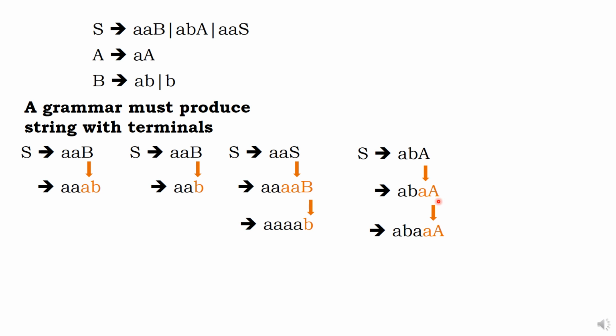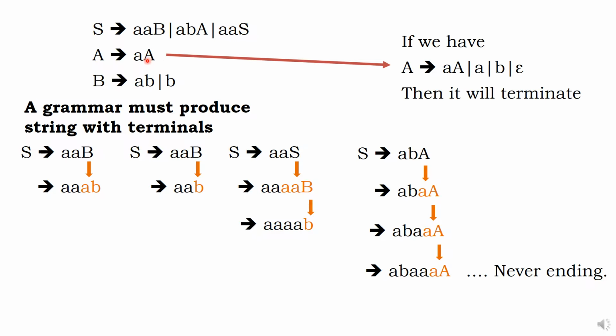Come on. Again, you substitute. How long will you substitute? It is never ending. If it is never ending, I can say it is an infinite loop. Now, my question here is, is this B terminated? Good. S is also terminated through B. Good. Is A terminating? No. In case,